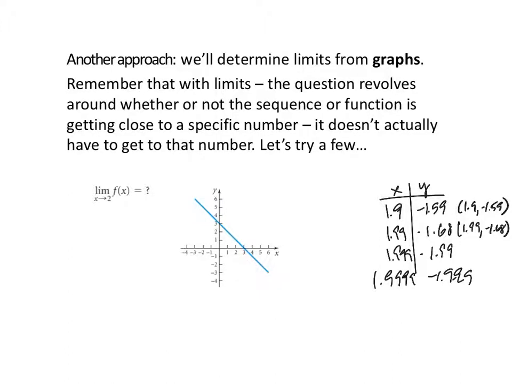we're going to draw in the wall at 2. It says the limit as x approaches 2, and again, there's no plus or minus in the exponent area, so this means we have to check both directions. So I'm going to draw in the wall at x equals 2, the vertical wall at x equals 2.